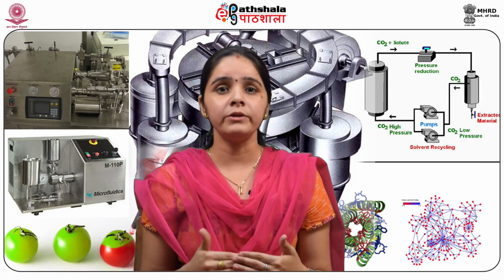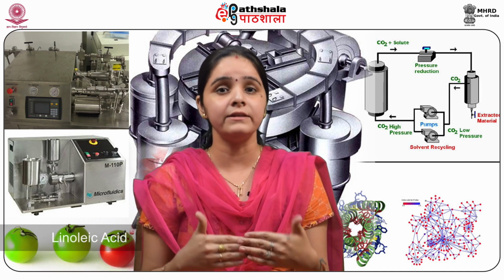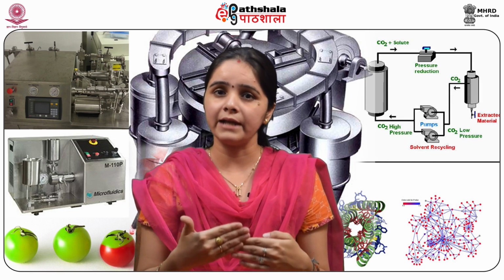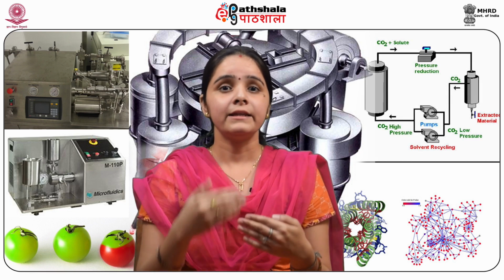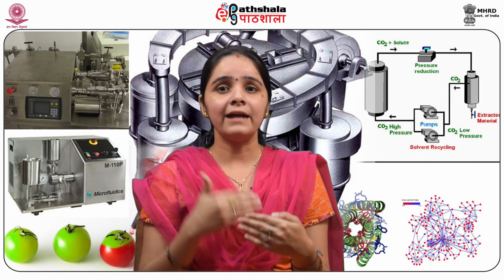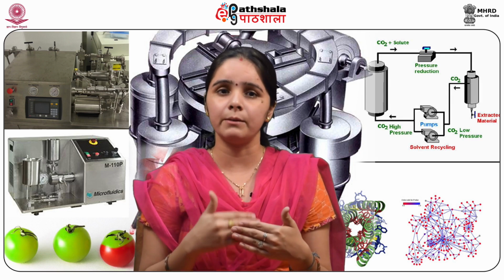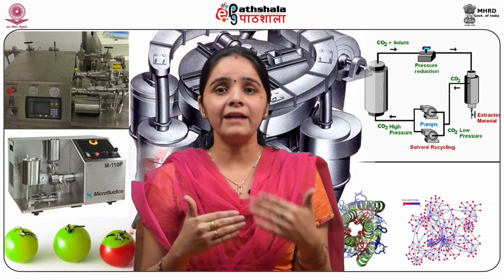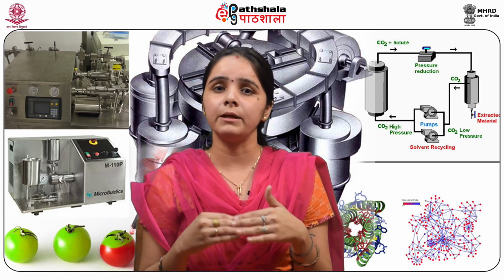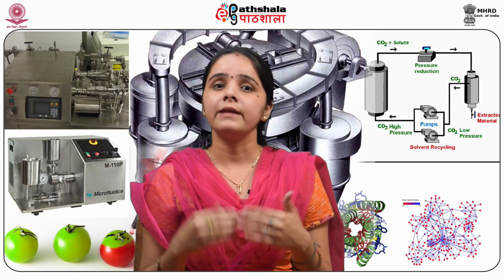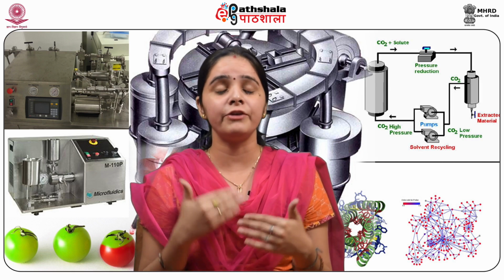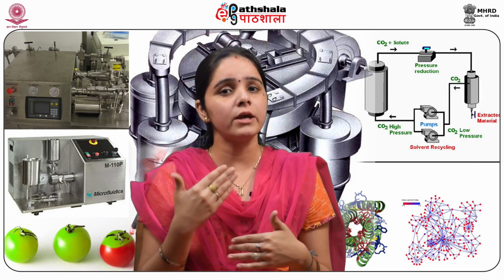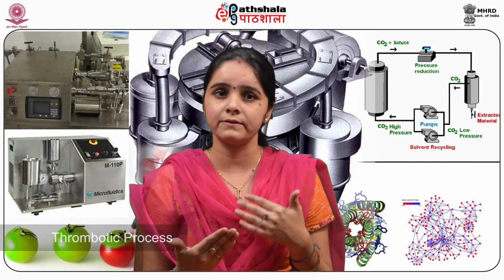It has been found that in the system, linoleic acid is elongated to arachidonic acid that has 20 carbon atoms with 4 double bonds. Then gamma-linolenic acid that has 18 carbons with 3 double bonds, and dihomo gamma-linolenic acid that has 20 carbons with 3 double bonds. It has been found that arachidonic acid plays a very important role in prostaglandin metabolism and also influences the thrombotic process.